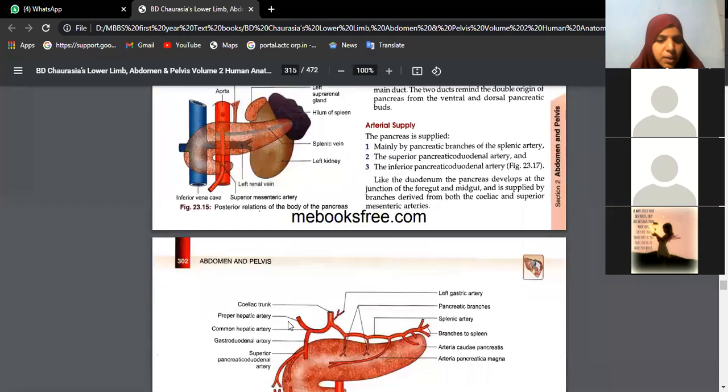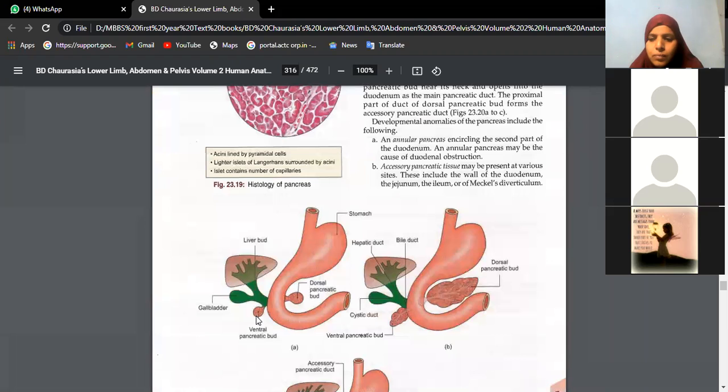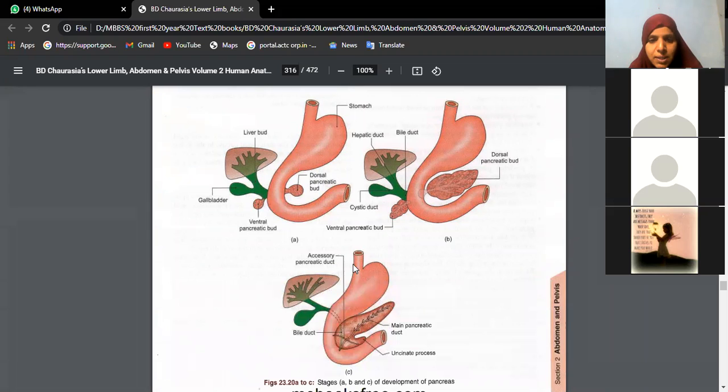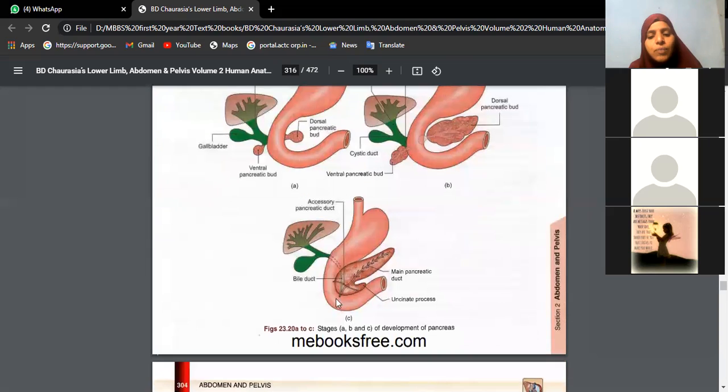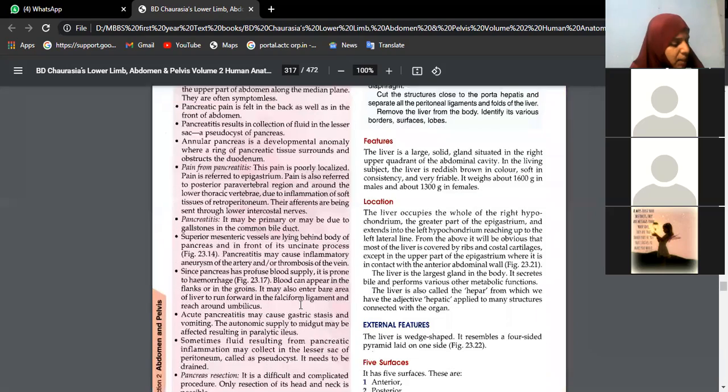So many times I discussed, Ritika. Can you tell me? From the ventral bud. Yes, Hema. At the junction of foregut and midgut, we have two buds. Isn't it? What are those? Dorsal pancreatic bud and ventral pancreatic bud. So these buds will start growing, and due to rotation of gut, you will see shifting of these two buds one above the other, and then the fusion of these two buds will lead to the formation of head, neck, body, tail of pancreas. Okay, beta? So this has come for 2 marks, 3 marks now.